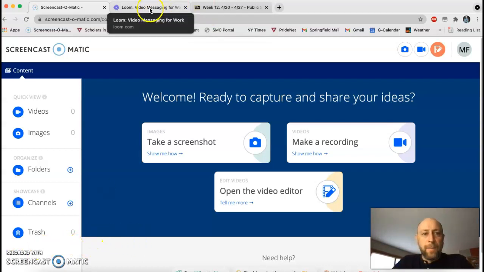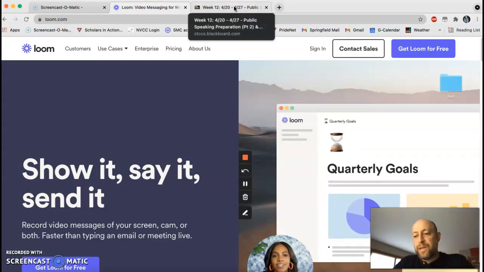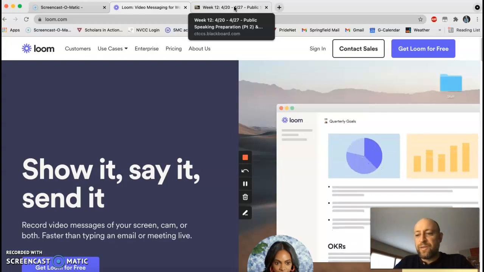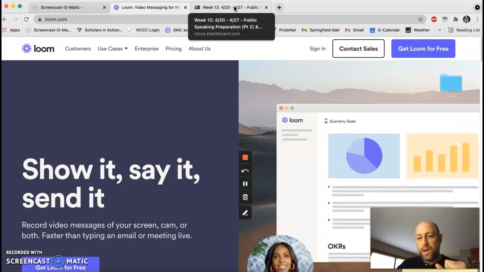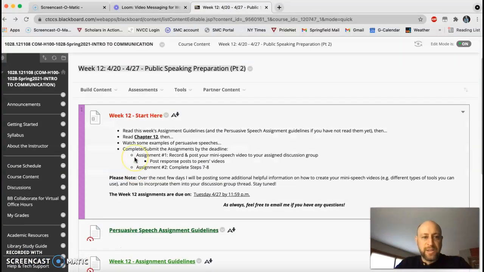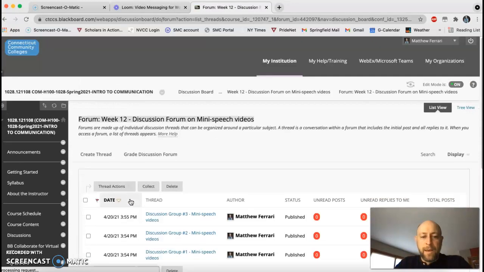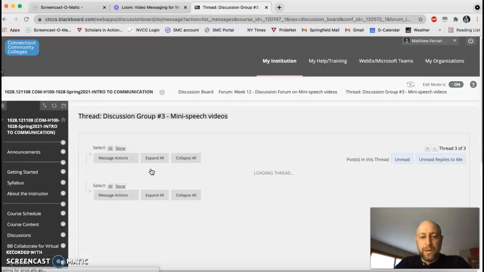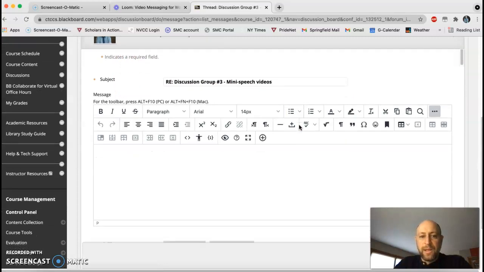Okay, so we've got Screencast-O-Matic as an option, we've got Loom as an option, and these are all pretty straightforward. You might have to download a few things and give some permissions on your computer. Then you're going to either download the video file or upload it to YouTube. And then once you have that video, that short 1 to 2 minute video, again, we're wanting to get practice before our final speech, you're going to go into this week's unit, click on our discussion groups, go into your discussion group, reply to my initial post, and then you go in here